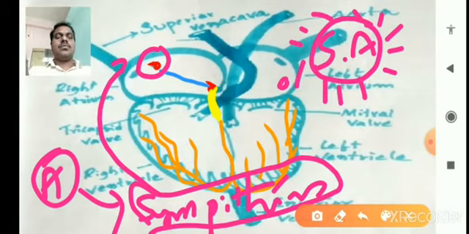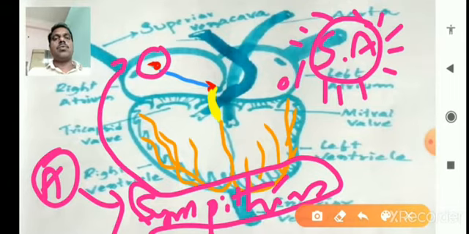So what does myogenic mean? Actually hearts are of two types: one is the myogenic heart and one is the neurogenic heart. The myogenic heart is called that because the heart wall is made of myonemes, meaning muscles. Those muscles we call cardiac muscles. In these cardiac muscles the SA node is present.